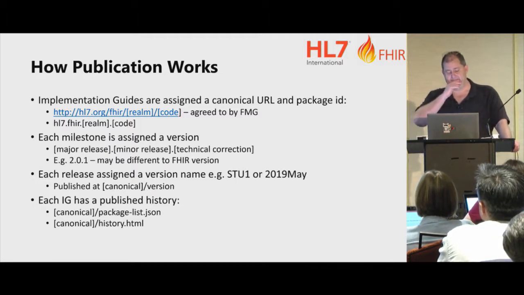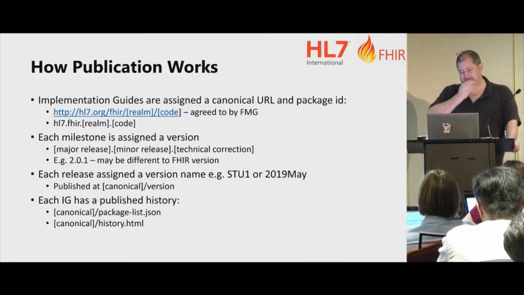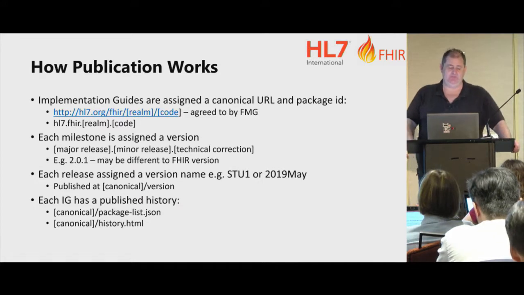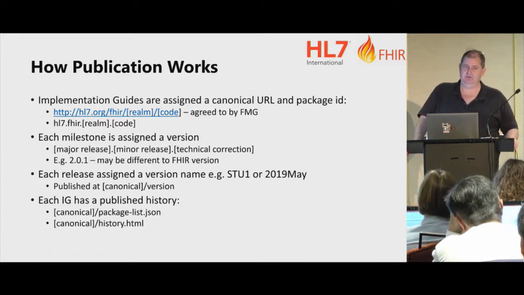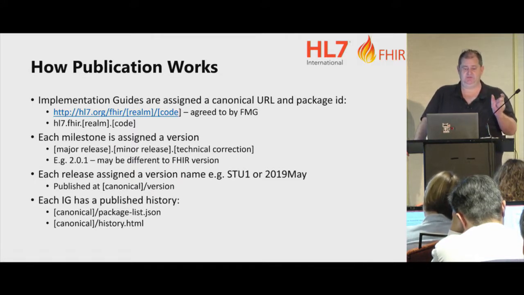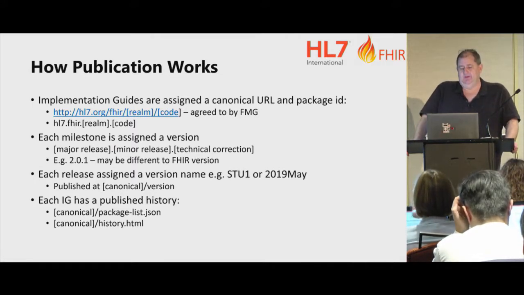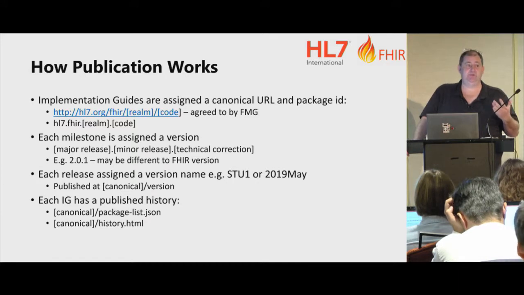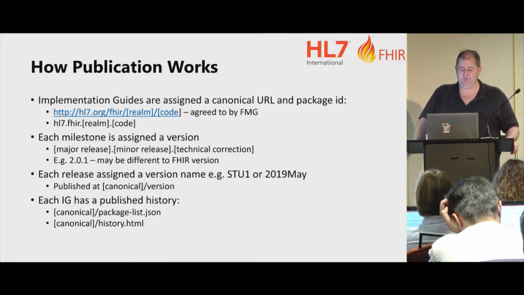Now, I just want to tell you how publication works. I told you before that when an implementation guide is defined, not a particular publication, but when the implementation guide itself is first defined, it gets given the information we need to register it, to publish it, to create its history, and it's given a canonical URL and a package ID. So